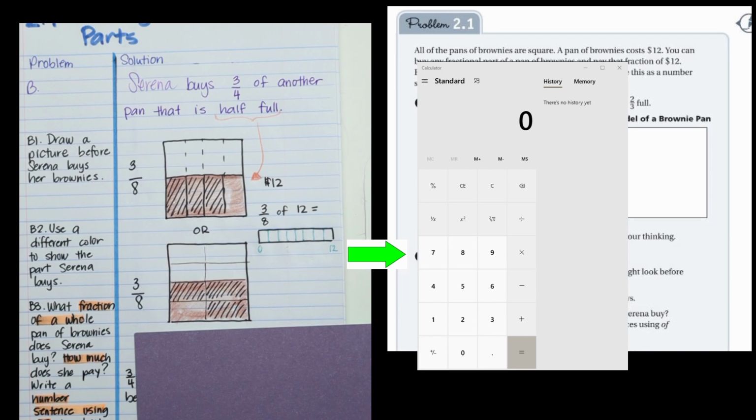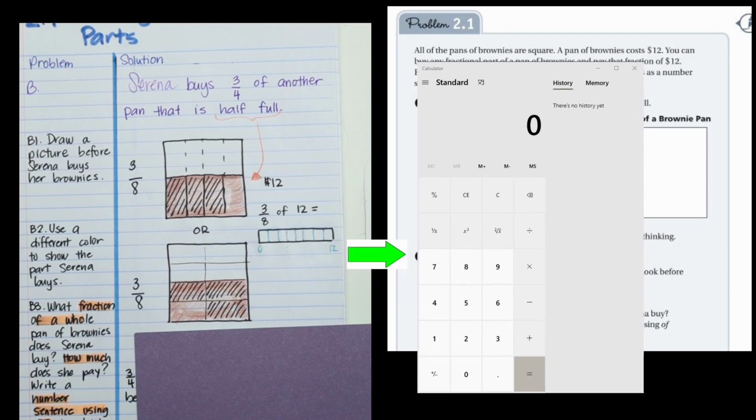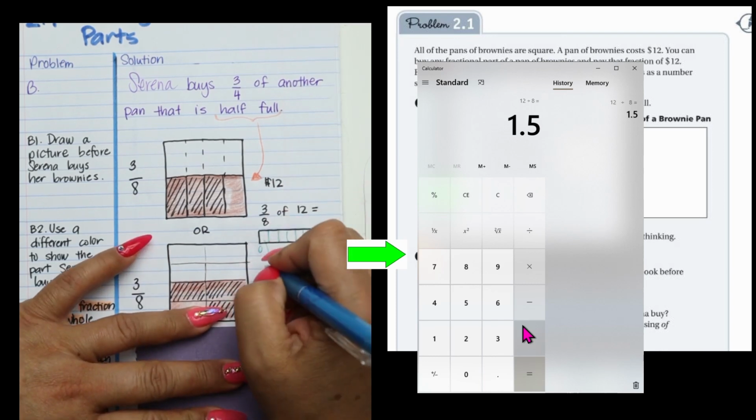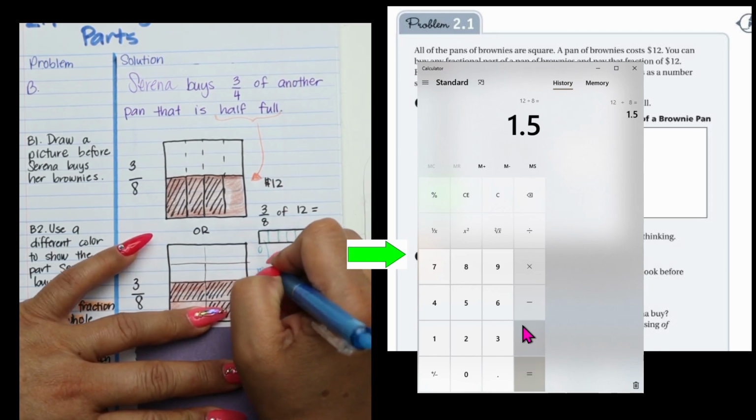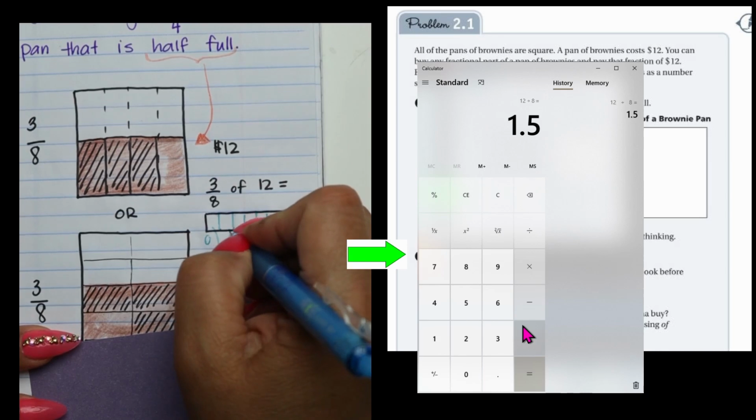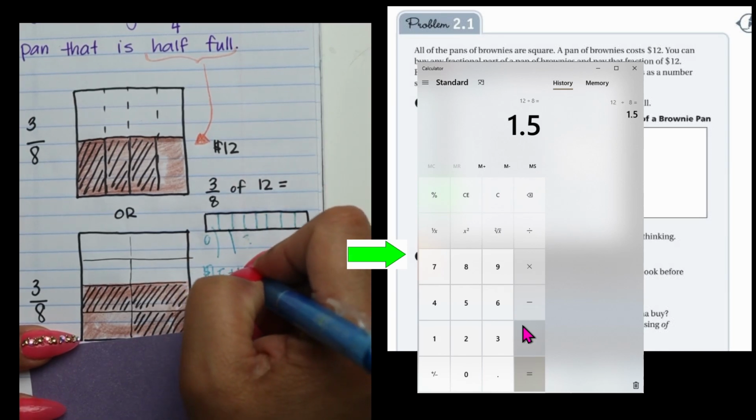Here's my trusty little calculator. So 12 divided by 8 pieces is 1.50. So each slice is $1.50. So if each of these are $1.50,